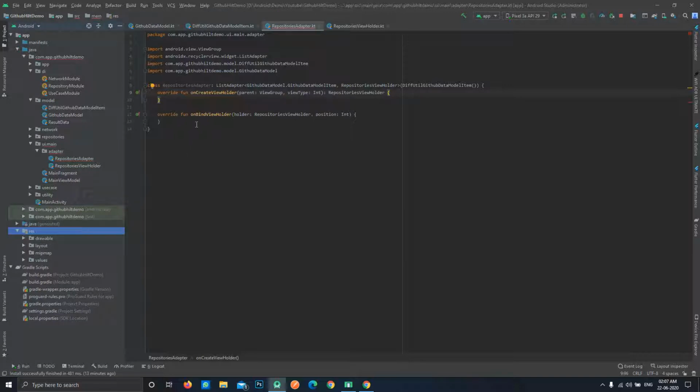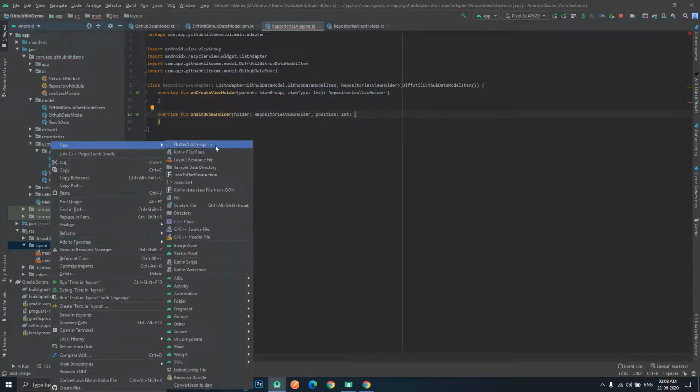And in onBindViewHolder we actually have to bind data to that particular view. Like we have three different views, three different list items, so in this function we bind the data to that view. To provide it with some view, first we need to create a view.